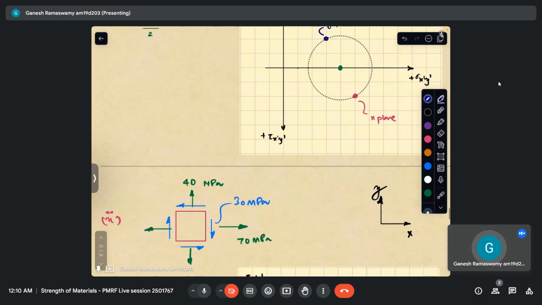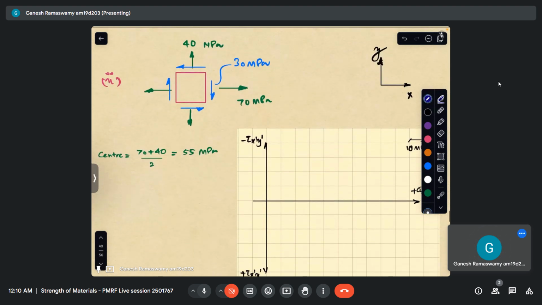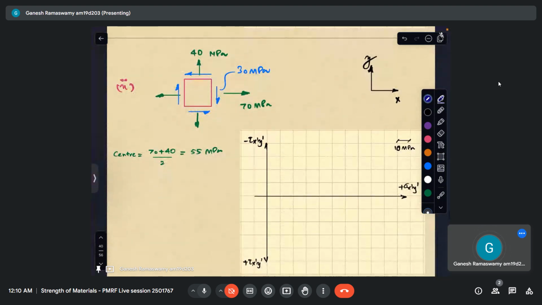So let us look at the next problem. Here we have everything the same, that is positive normal stress on the x, positive normal stress on the y, but on the positive x plane we have shear stress acting downward. So this is essentially negative. Tau xy here is negative. I hope you can see why that is. On the positive face it points in the negative direction, so tau xy is negative.